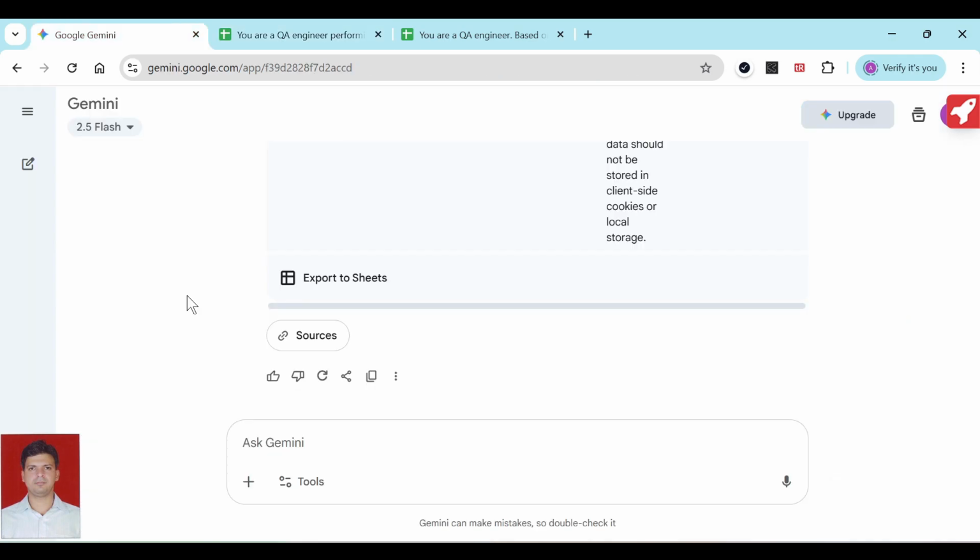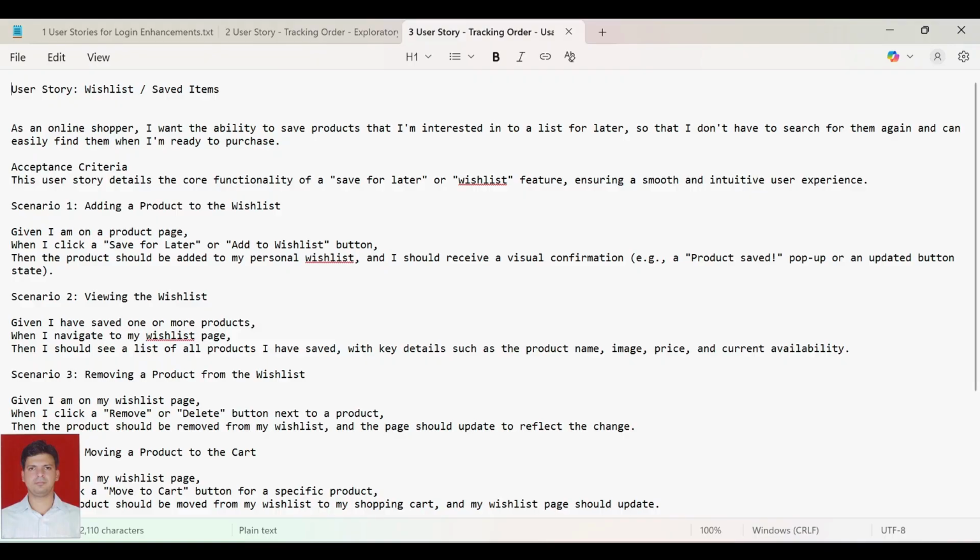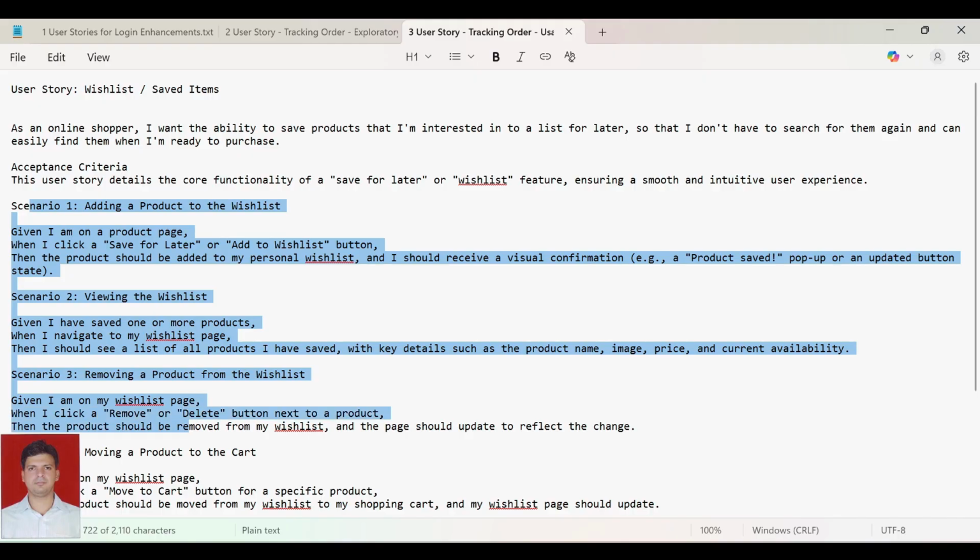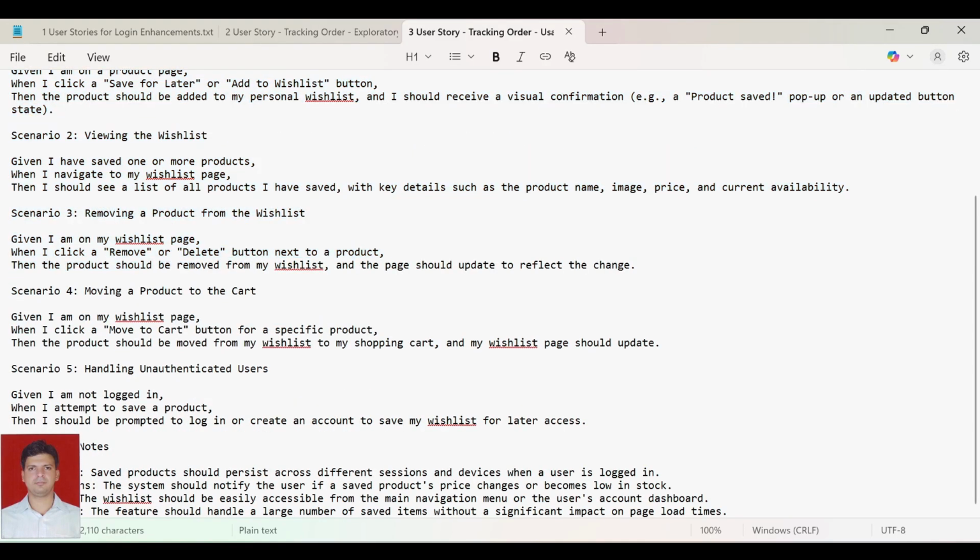Okay, so now the third one is usability. For usability also we will see this user story. This is related to wish list or saved items. As an online shopper, I want the ability to save products that I am interested in to a list for later, so that I don't have to search for them again and can easily find them when I'm ready to purchase. Okay, and these are the different acceptance criteria pertaining to it. And these are some of the additional notes: notifications, if there is any notification that should come to the customer, the usability, and the last is the performance. Okay,